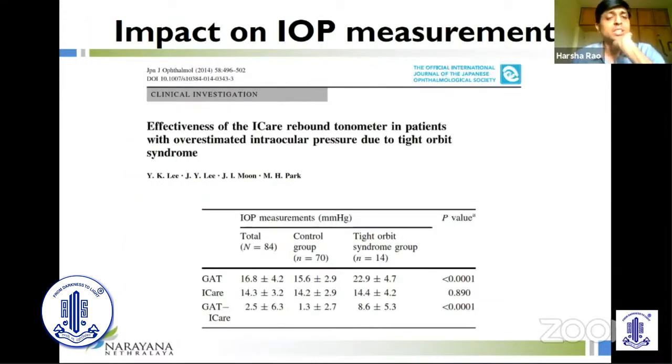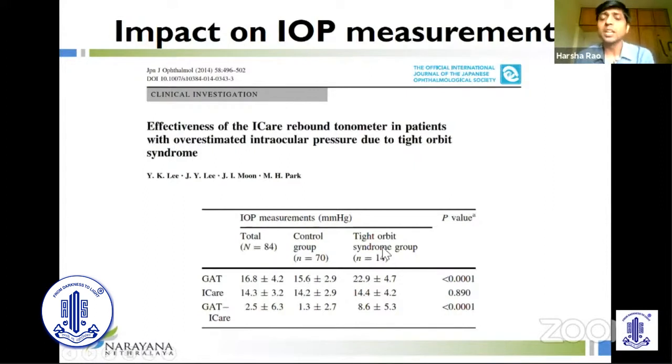This was once again a very interesting study which compared the intraocular pressure measurements with GAT and Icare in those with tight orbits due to prostaglandin analog use. It had a control group of 70 subjects, where the difference between GAT and Icare measurements of the intraocular pressure was 1.3 millimeters of mercury. So essentially, Icare measured the intraocular pressure 1.3 millimeters of mercury on an average, less than that measured with